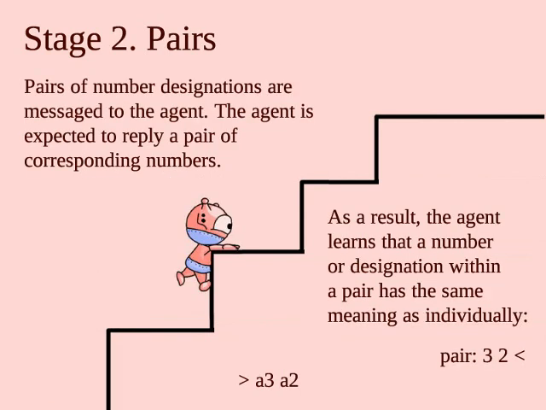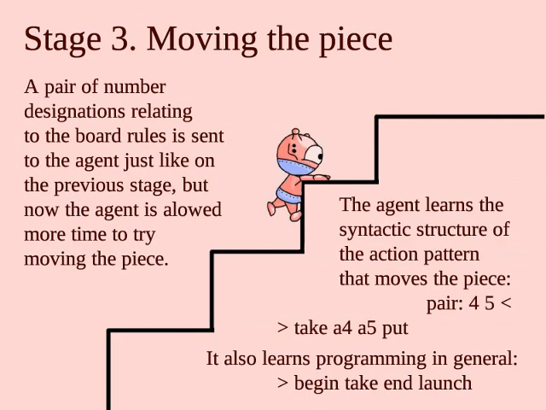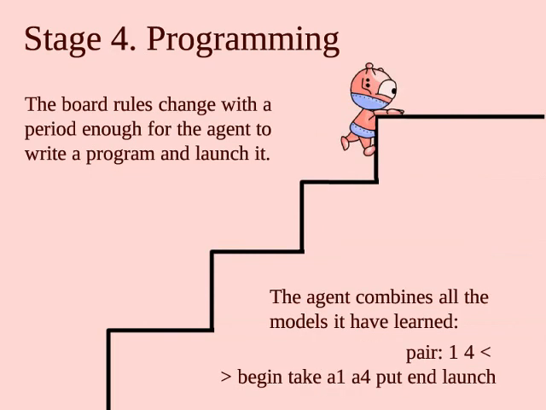On the second stage, the agent gets a reward when it outputs a 2-tuple for a 2-tuple in the input. It can also get a reward for a tuple of any length if it contains a correct pair of begin and end brackets, as this is a program, or a reward for launching a previously written program. And this concept cannot even be described correctly by a tuple of a fixed length. The third stage is about moving the piece, and the agent has to produce a 4-tuple for the same 2-tuple input to get a better reward than before. And finally, on the fourth stage, the agent produces a 6-tuple program for a 2-tuple input.